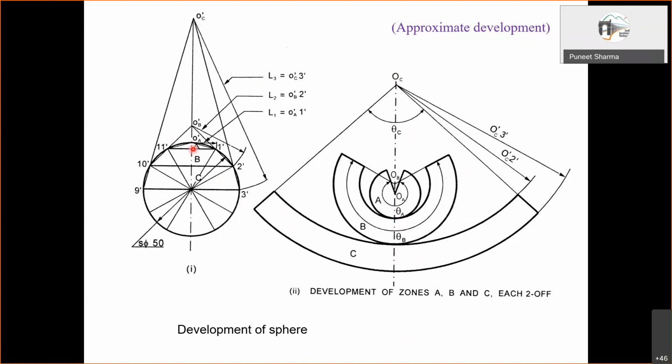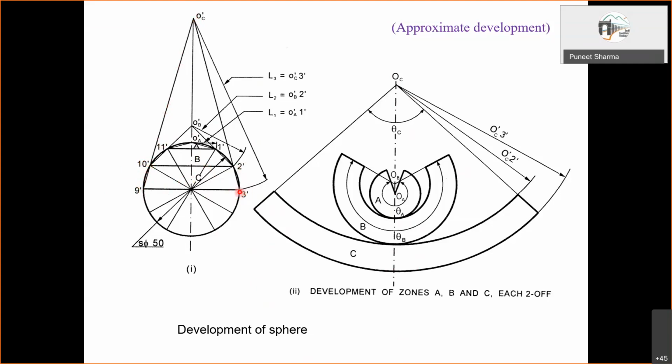Yeah, that's what I was trying to explain. So what we are doing is, first of all, we are dividing this hemisphere into 3 zones, right? Now suppose this is the bottommost zone, that is C. So one section plane here, one section plane here, we obtained this. Now here you have one end point for this plane and one point for this. This section plane is intersecting the circumference here. This one is intersecting at this location. So we join this and then extend it. So this point is then to be obtained. So we join these two and extend.